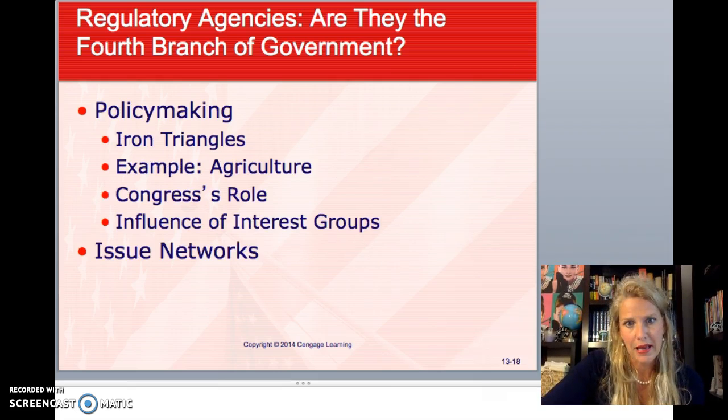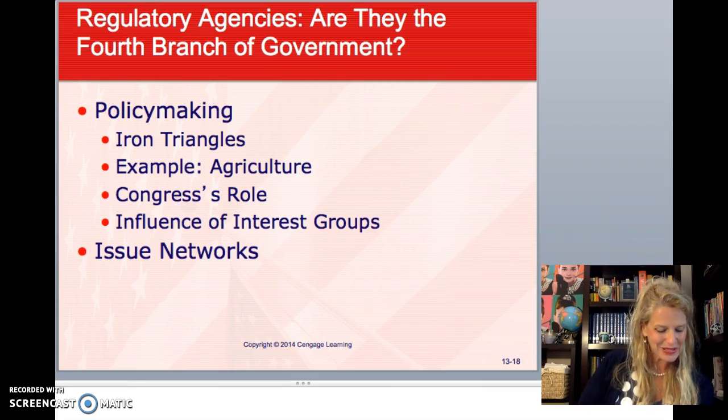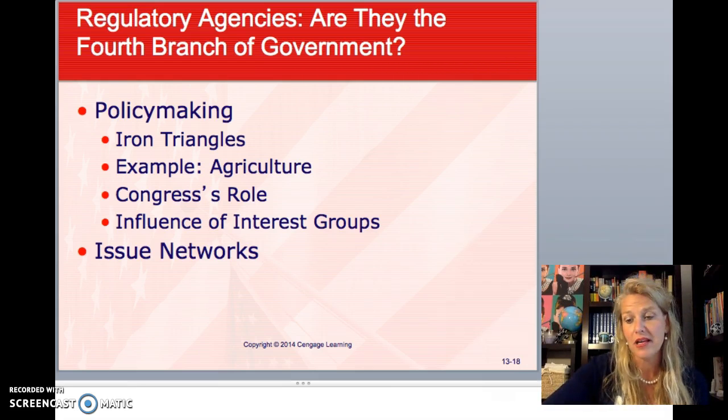Okay, the iron triangle, which they did speak about. Who belongs to the iron triangle? Determined that one way to understand the bureaucracy's role in policymaking is to examine the iron triangle. Three-way alliance among legislators, members of Congress, bureaucrats, and interest groups. Laws that are passed and policies that are established benefit the interests of the three corners of the iron triangle. And of course, if you look at the definition, a three-way alliance among legislators, bureaucrats, and interest groups to make or preserve policies that benefit their respective interests.